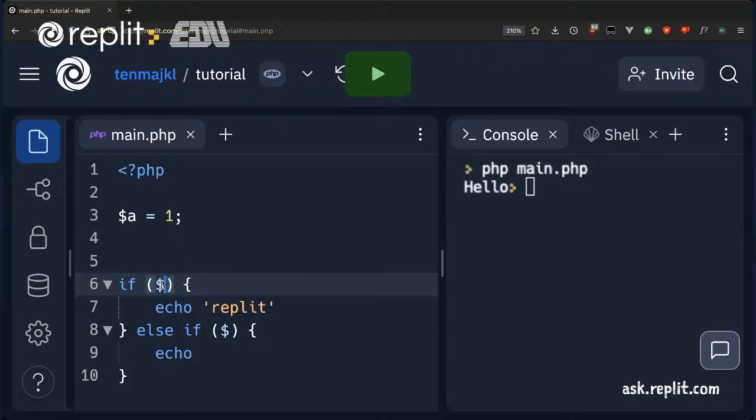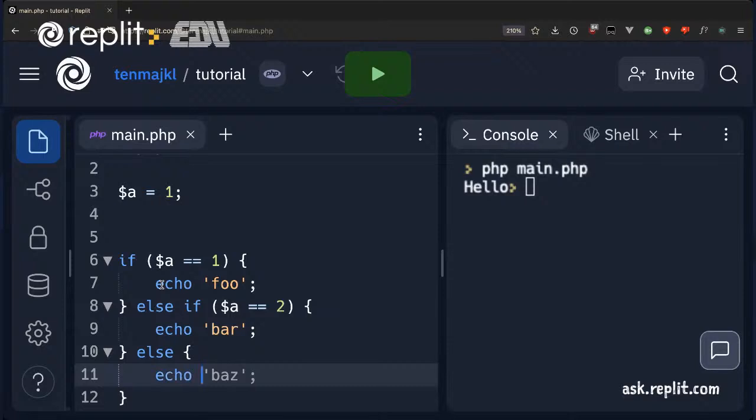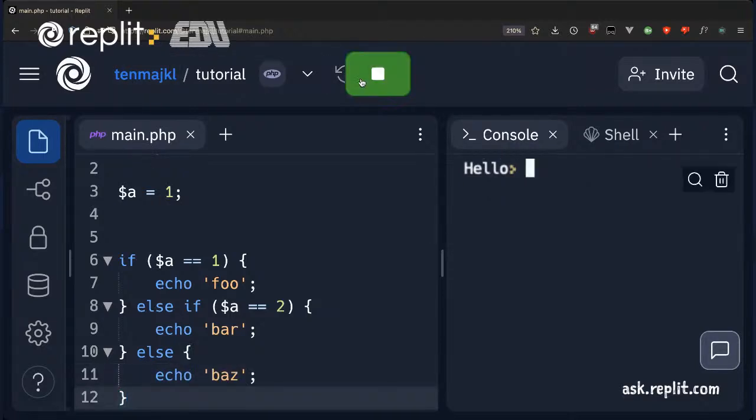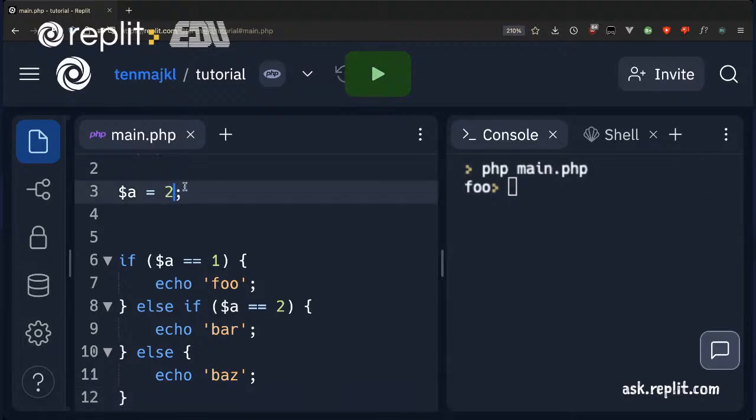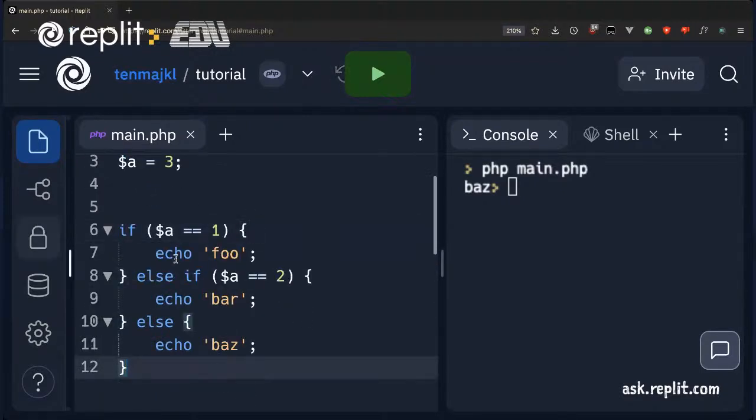So if a is 1, it will echo foo. If a is 2, it will echo bar. Otherwise, it will echo buzz. Okay, so this is gonna work as expected. It will print foo, bar, or buzz. However, this again produces a lot of boilerplate, which is basically repetitive code. So to shrink this, we can use switch,